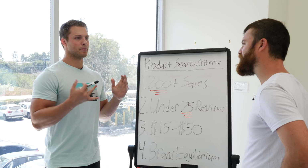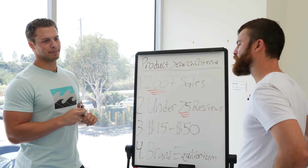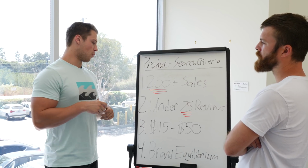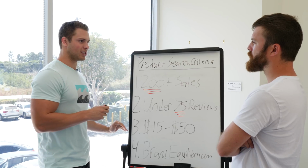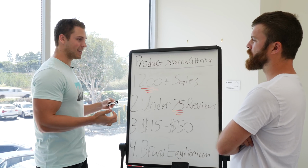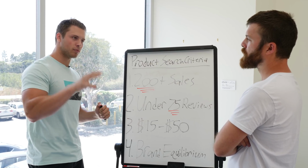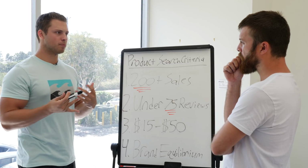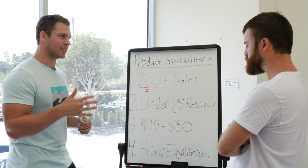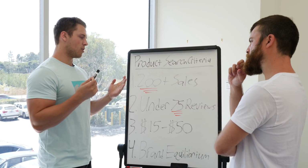So we want to see that it's not all dominated by one brand, that product. Let's say someone used the example of face masks. You don't want one brand to sell all the same ones, and you don't want to see huge brands like Under Armour and Nike, and you don't want to compete if they have a lot of listings in the top 12. If they have one or two, that's okay, you can compete with them, but you don't want to see one brand have more than 4 or 5 listings, because that means they kind of dominate that niche,